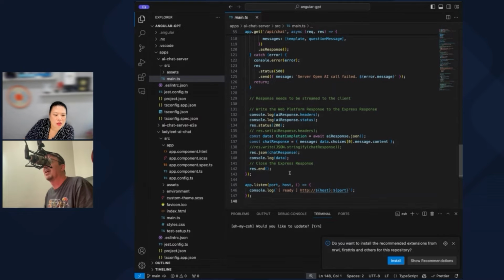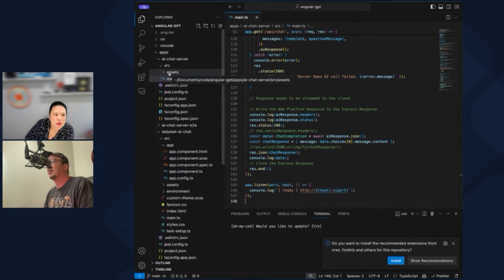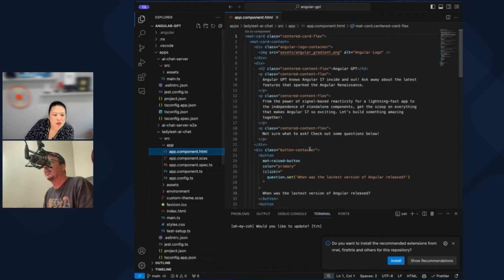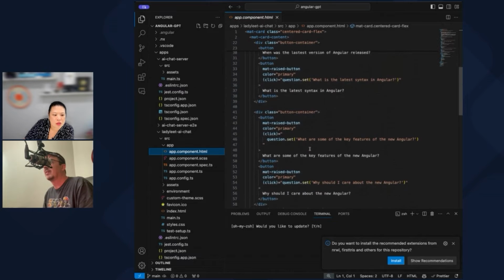Instead, I'm reading from the body. Let me see. Data await, not text.json. So we got the data, and then we write it out. Response JSON data.